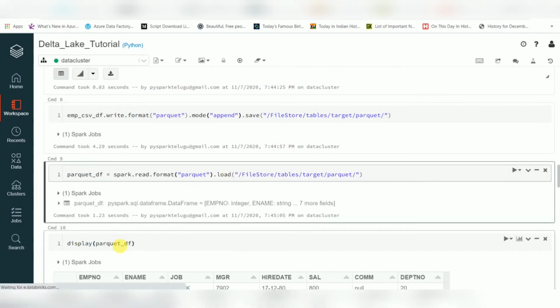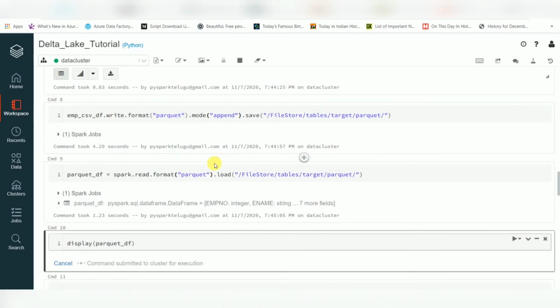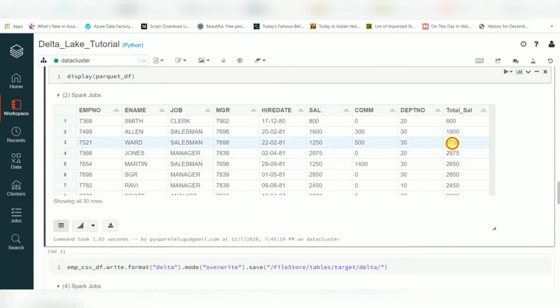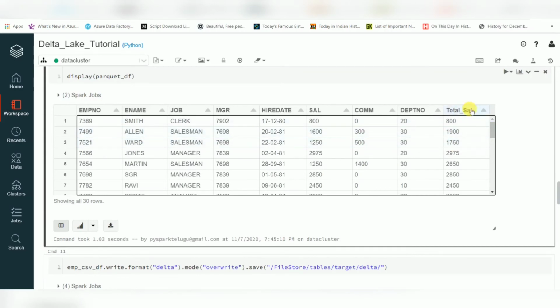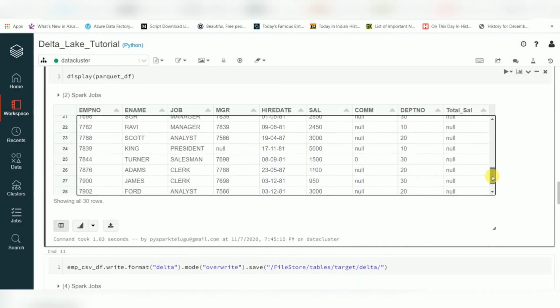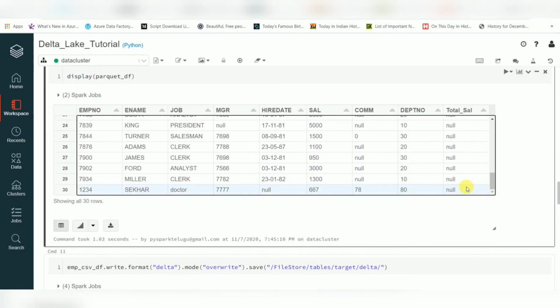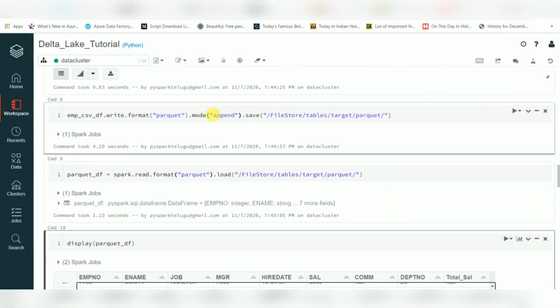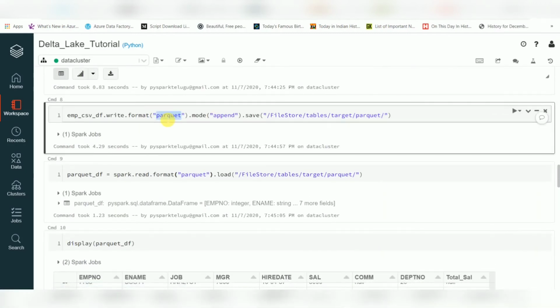This is a Parquet file. We added an additional field, so we have the existing fields and the additional field. If you look at this, this additional field has data, but some data is null because earlier this field was not there, only these 8 fields were there. But whenever I added it in the data frame, it is accepted. So Parquet accepts it by default. It is not giving any restrictions.